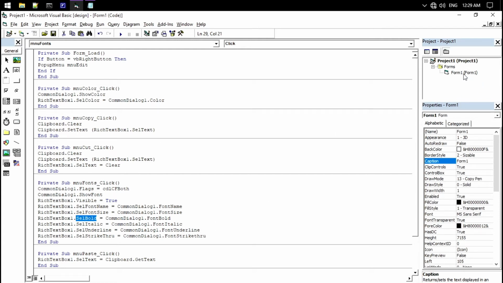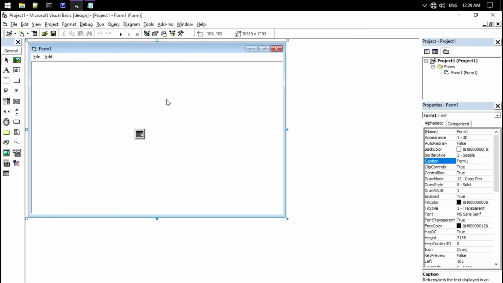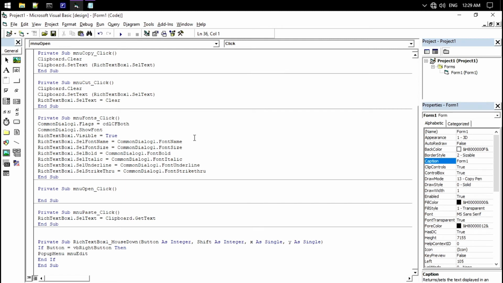So let's move on to our open. For open, we click on open, and then we'll write CommonDialog1.Filter. We actually want to filter the text files, so we're writing Filter equals "Text Files (*.txt)" with a pipe symbol. This is called a pipe symbol, and then we're going to write